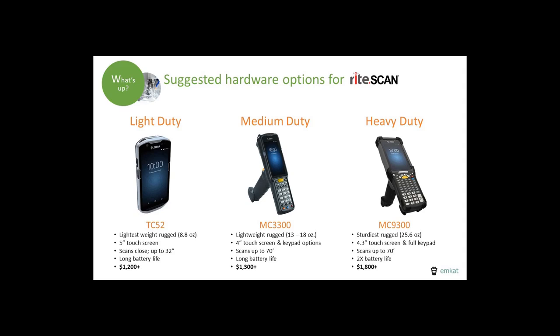Another big area of growth has been in producing better scanning technology. So when we're looking at a quite simple small scanner, like on the light duty tier here, we're actually going to see 1D and 2D imagers as standard on a lot of these devices. So had you bought a device maybe a few years ago, there was a conversation about, do we need 1D? Do we need 2D capabilities? What's going to be right for our business? Now 2D is pretty much standard. So you're going to get the advantage of scanning 1D and 2D barcodes with that new 2D imager that's going to be standard across the line, regardless of the platform.